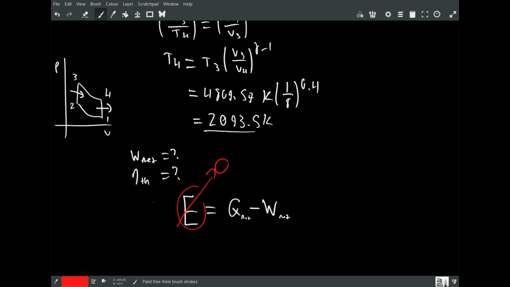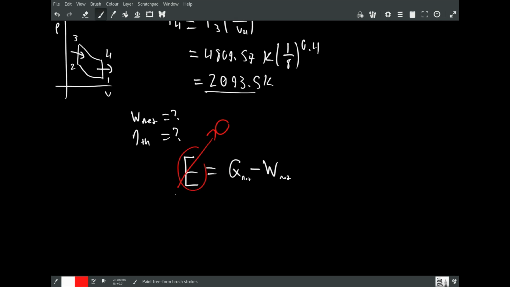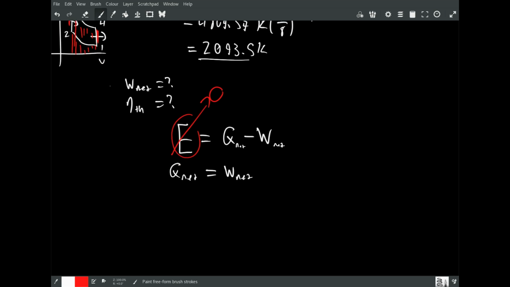So what we can say is Q net equals work net. So if we can get the net heat, we can get the net work. And it's a lot easier to get the net heat because we just need to figure out what's going on right here. We already know what's going on here, versus integrating under this and integrating under this. It's a lot easier than integrating these. So we can find Q from 4 to 1. So Q out